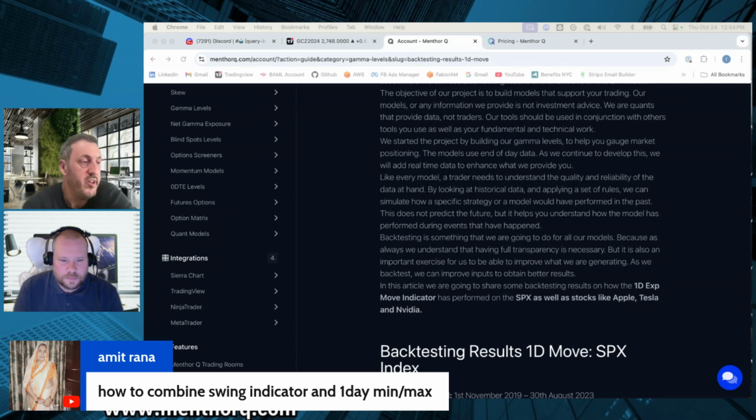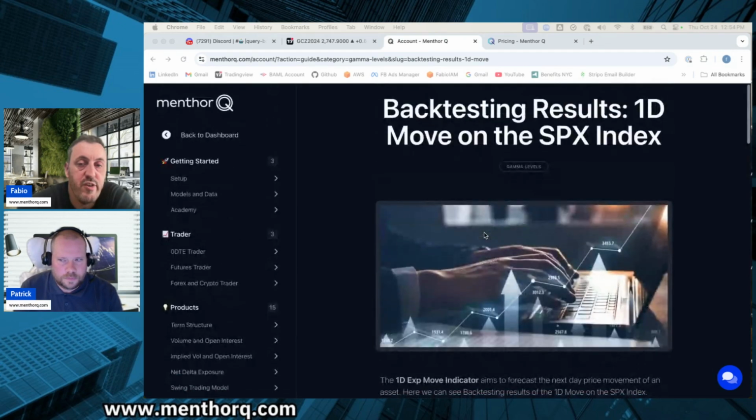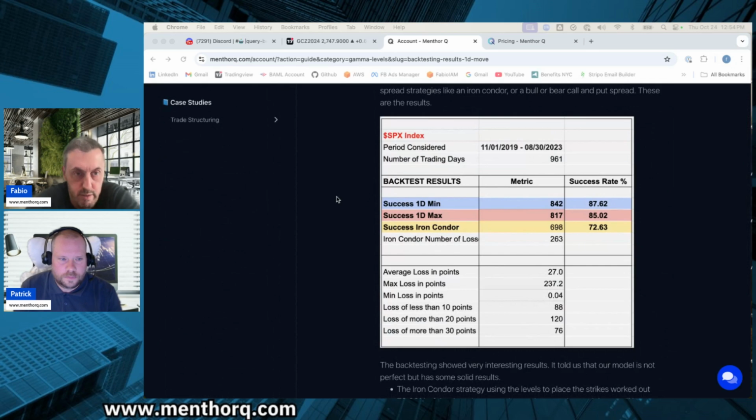All right, let's go into this one, Patrick, because I think we're not going to talk too much about the swing levels, but this is actually a good question, and we can introduce that topic as well. So how to combine the swing indicator and the one-day minimum and one-day max. Thank you, Hamid. So essentially, let's go back to our history. When we started developing these tools, the one-day max and one-day minimum were mostly focused at the beginning, and then we realized after seeing the backtesting result that they could actually be used for directional trades, but they were initially focused for our option sellers,